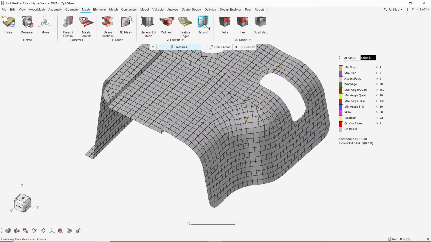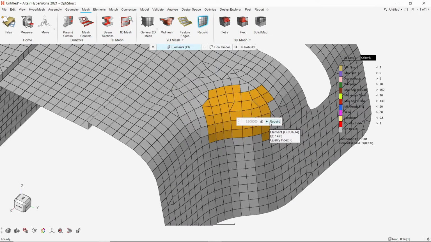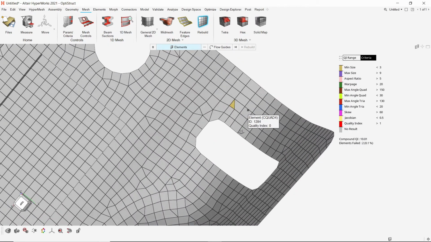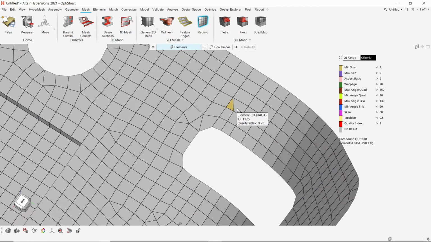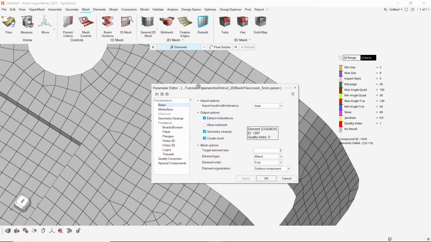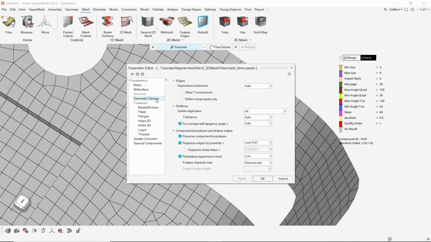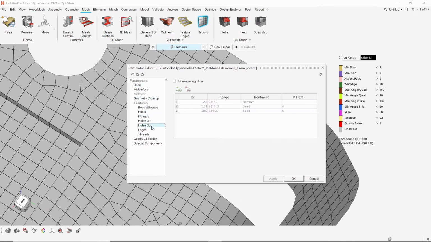We can use the Rebuild option to rebuild a particular part of the mesh to improve its element quality. To control the quality parameters, we can edit the parameter and criteria files. The parameters can be edited manually to match specific requirements.